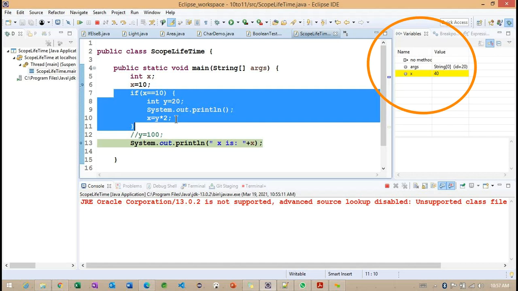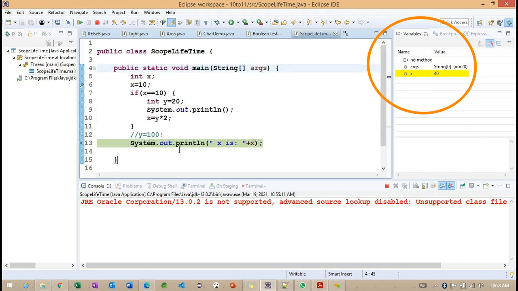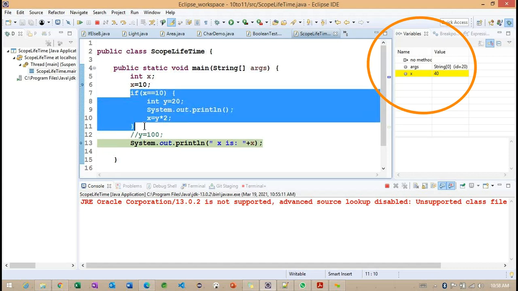The stack memory is available up to the execution of the particular block of code. Once the block of code is completed, we cannot get back the previous variable information. Getting the point? This is very important. Compared to this block of code, we have one more block of code here. This information is stored in a particular memory called stack memory. We'll have more information on stack memory and heap memory in our upcoming classes.